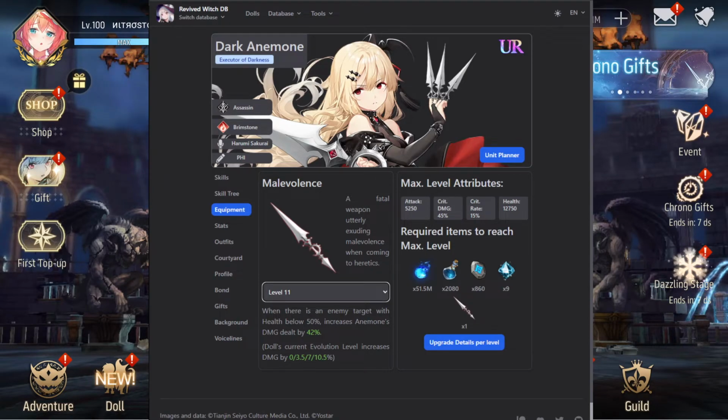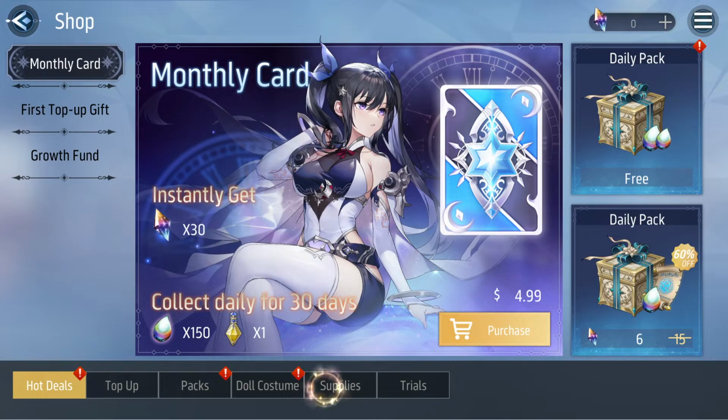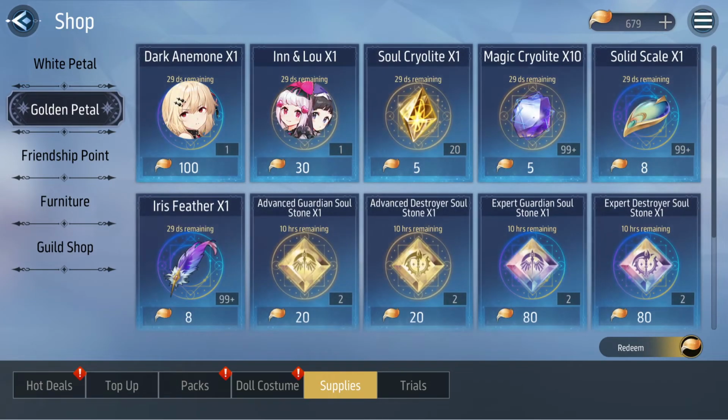She does have a very nice S1. As I've mentioned, technically, damage-wise, in terms of multipliers, it's better than Isabel. But if you already have Isabel, then there's no point in purchasing Dark Anemone through the Golden Petal shop. Now, let's assume you don't have Isabel. Should you get Dark Anemone? In my opinion,